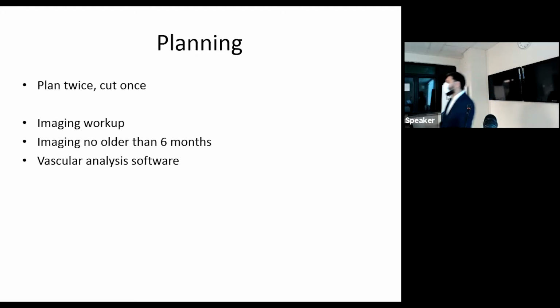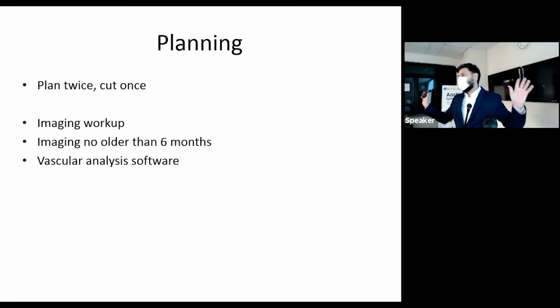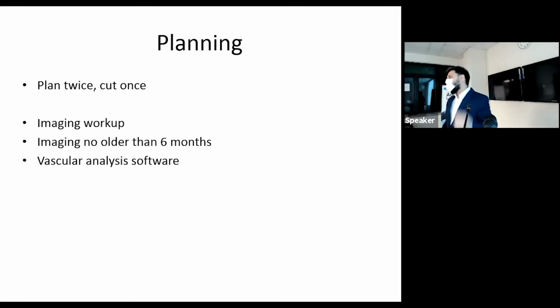So planning is important. So everything I said about ruptured aneurysms is great because you don't have any other choice. You just have to wing it and think on your feet. But essentially 99.99% of your aneurysms will be elective, and those are the ones where planning is absolutely essential. Planning is probably most of the work. And as the old adage goes in surgery, plan twice, cut once, and that couldn't be truer in endovascular aneurysm